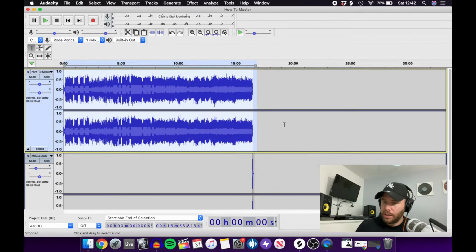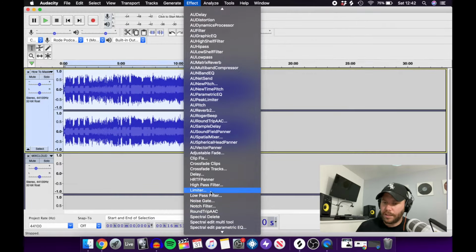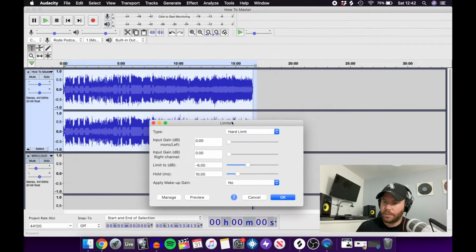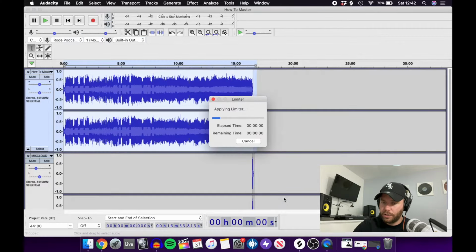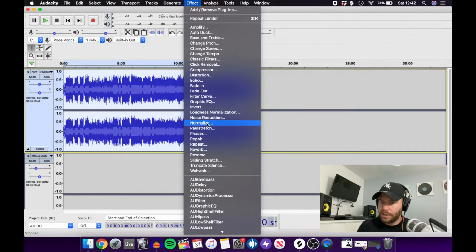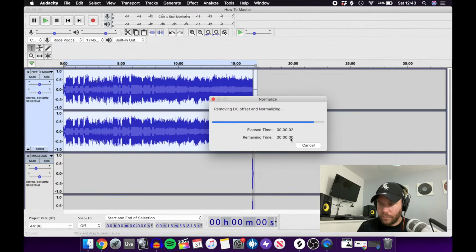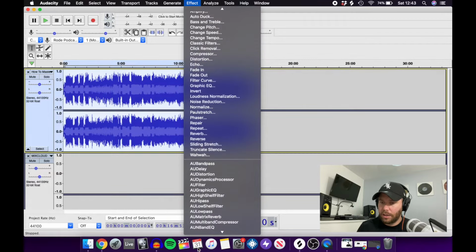So once we've normalized, we're then going to go back to this limiter, and what we're going to do, we could do this more dramatically, but I like to do it really gradually, so it takes a bit of time. So we've normalized to -1 dB, and what we want to do now is go down in 1 decibel increments. So we're going to go to -2 on the hard limit and apply that, and you'll see the peaks start to get shaved off. There we go. Then we're going to normalize again to 0.1, and we're just going to repeat this process until